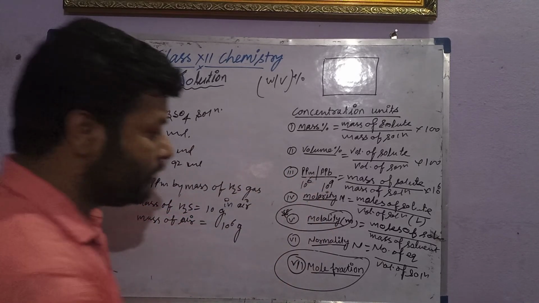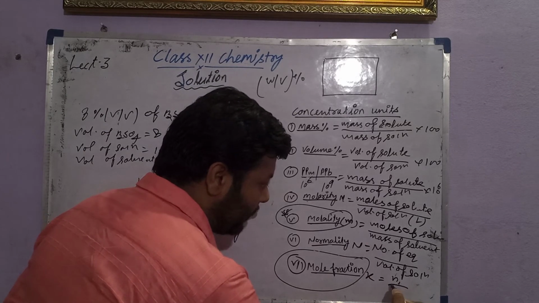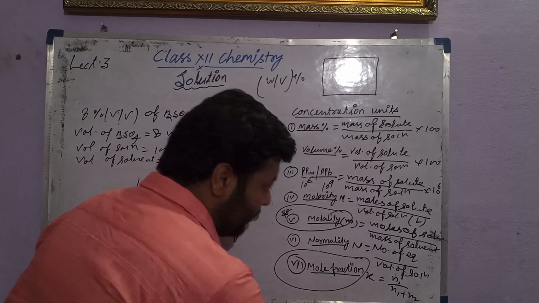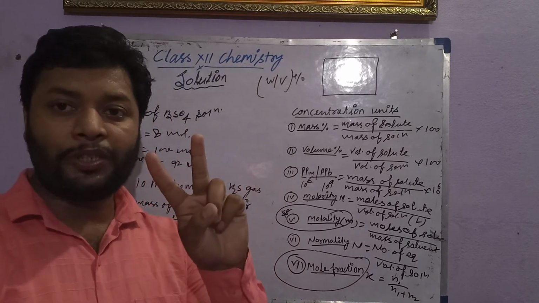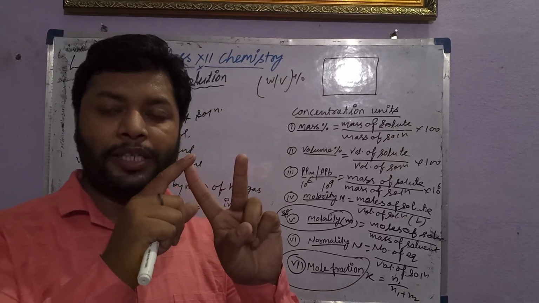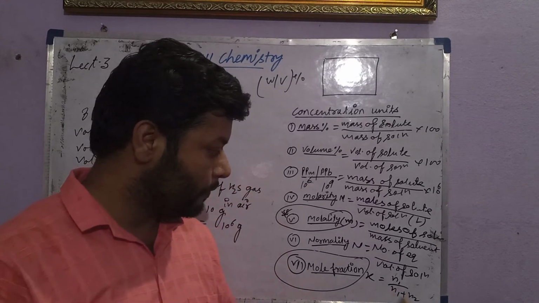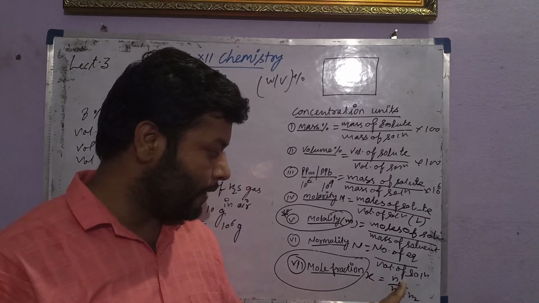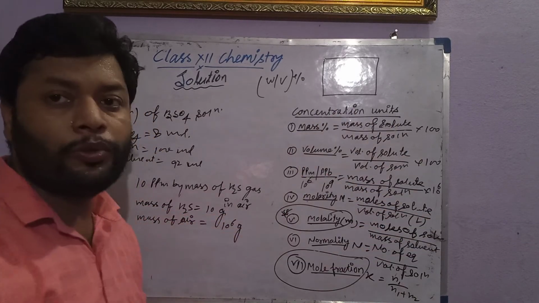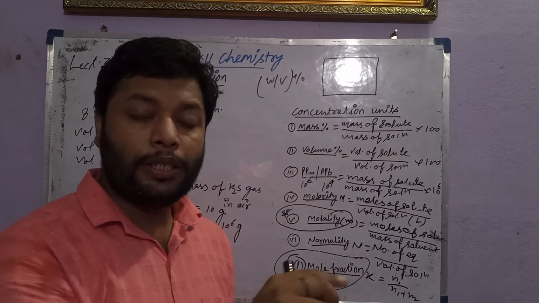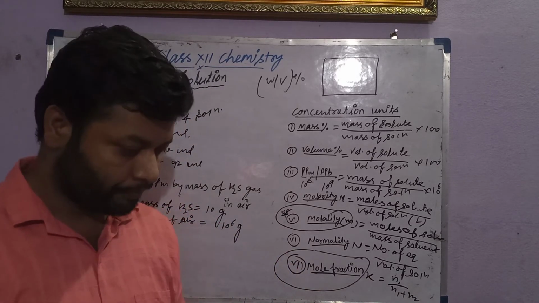Mole fraction can be expressed in terms of zeta or sometimes x. So you can use n1 upon n1 plus n2 if we have a binary solution, like one component, two components only. The moles of one component is n1, the moles of the other component is n2, so the moles of solution will be n1 plus n2. So the mole fraction of the first component will be n1 upon n1 plus n2. With the help of this formula, we are able to use the different concentration units during the calculations of different questions.